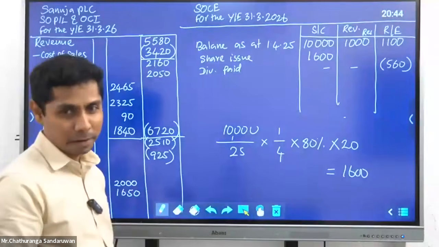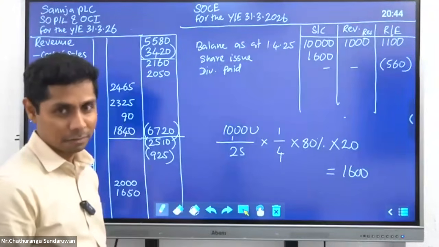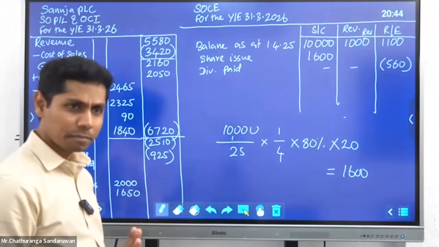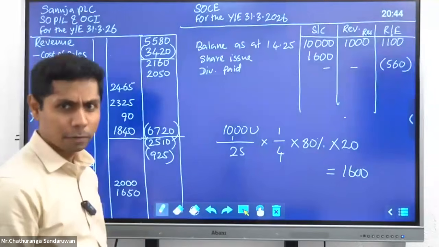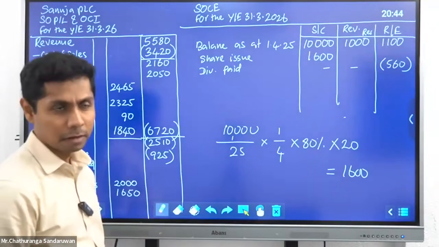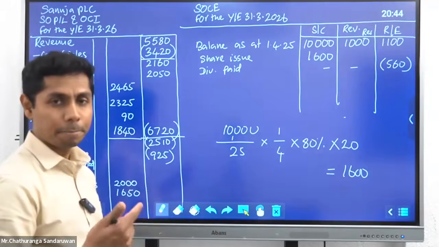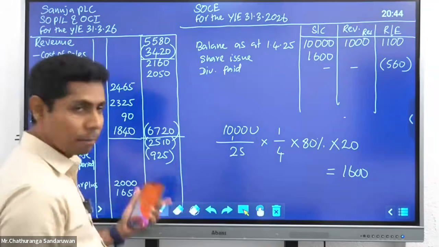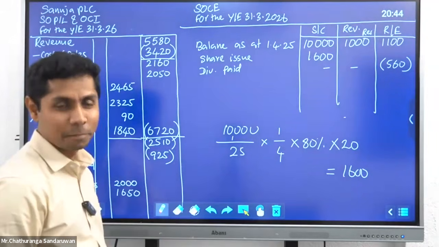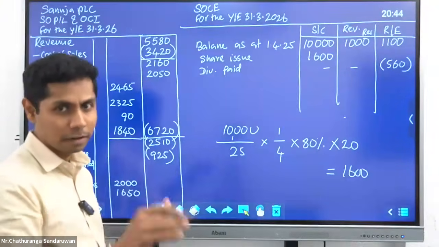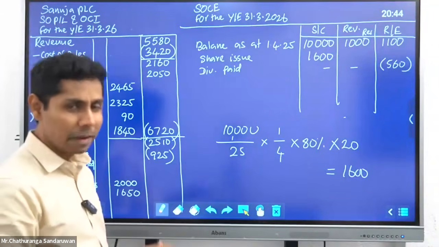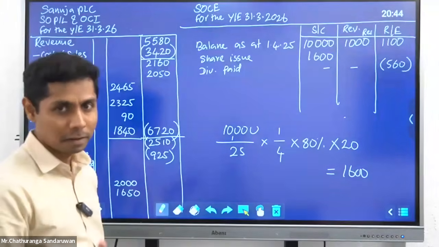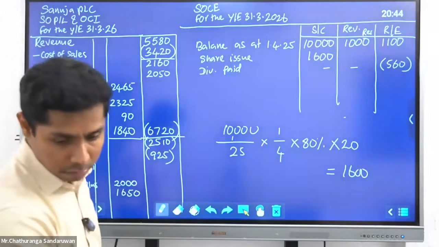Because you know that when I prepare this paper, I don't prepare the answer, right? So if it is a profit, that would be the ideal case, but a company can generate a loss, right? That is also possible. And on the other hand, even though you have a loss, there can be a tax expense, right? Because taxation law is different from the accounting regulations. So don't worry. Better if it is a profit, right? But you know, the fact that when I prepare the paper, I don't prepare the answer. Therefore,